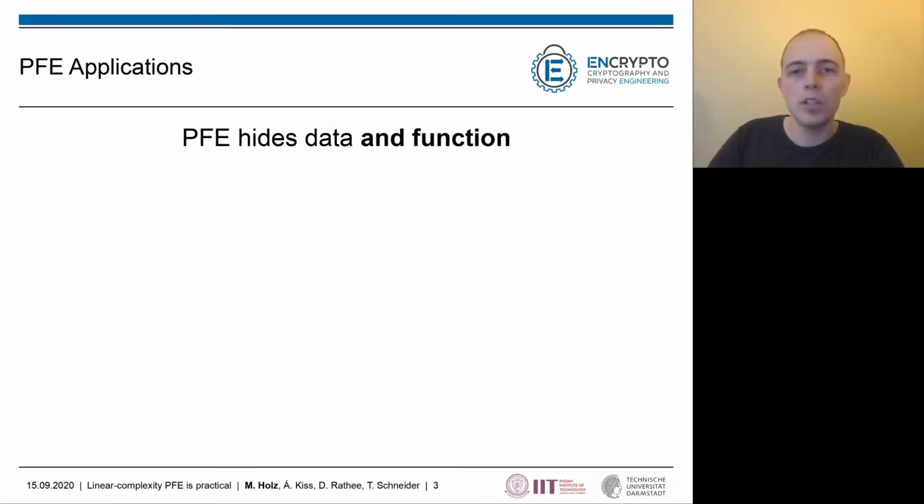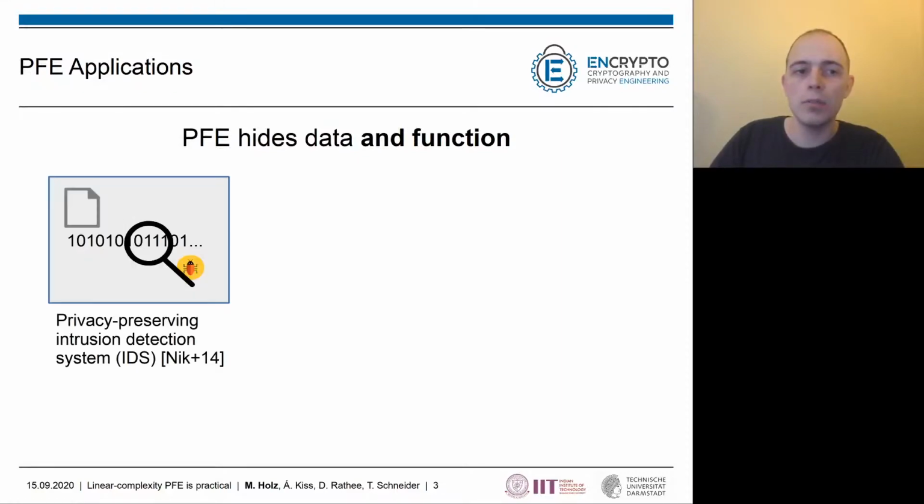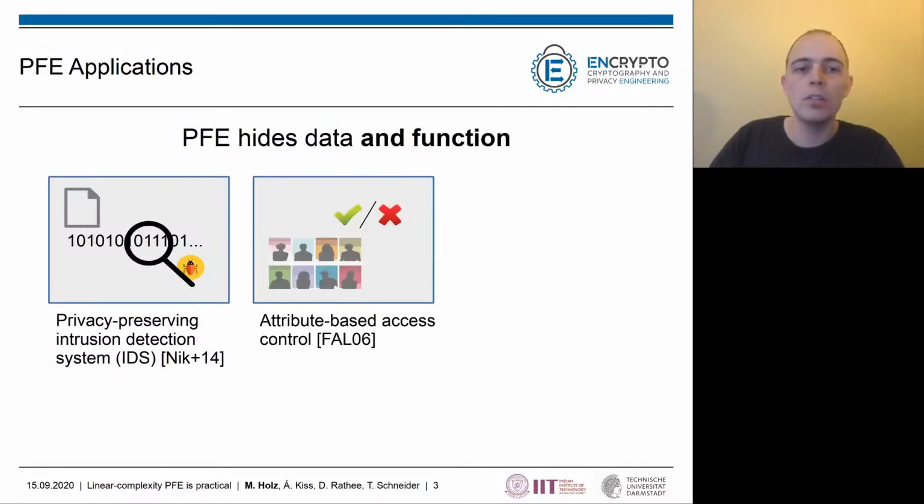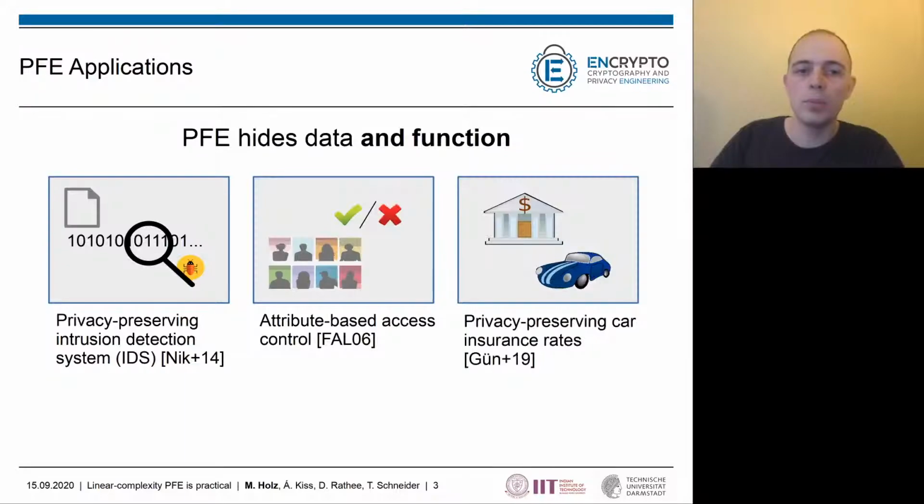So we've seen that private function evaluation not only hides the data, but also hides the functionality. This can be used, for example, for privacy-preserving intrusion detection systems. It can be used for attribute-based access control, and it can be used for privacy-preserving car insurance rates. For example, in this last setting, we have a car owner, and the car owner wants to